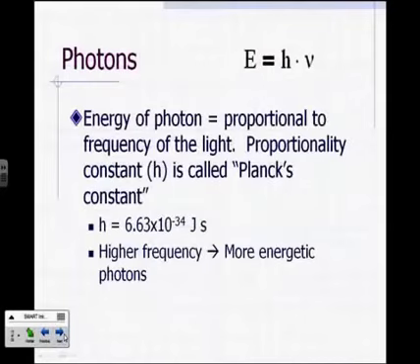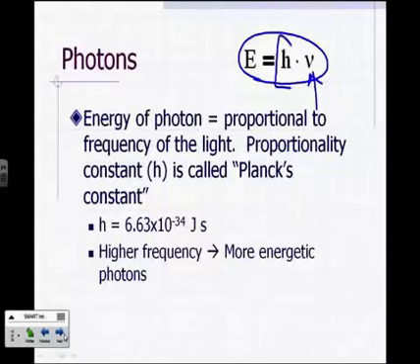The energy of each of these photons, each of these particles, turns out, based on these experiments, you can resolve all of these anomalies by thinking of each photon as carrying an energy equal to h times nu, where nu is the frequency of the light. So there's a connection between the wave nature and the particle nature of light. Light that has a frequency nu is made up of photons, and each of those photons carries an energy equal to h nu.